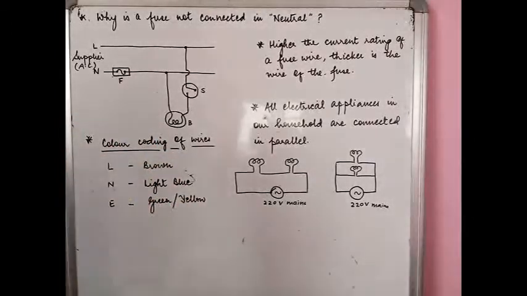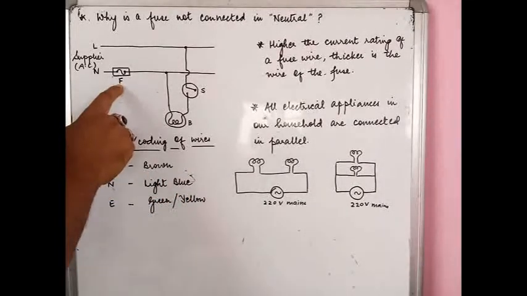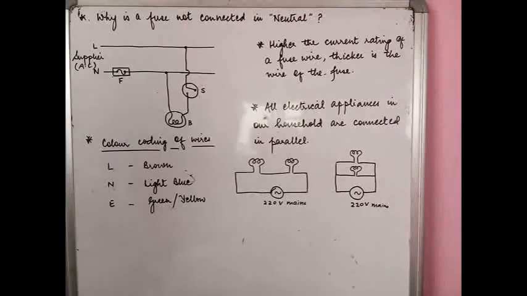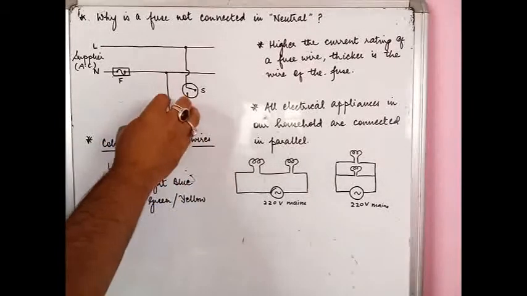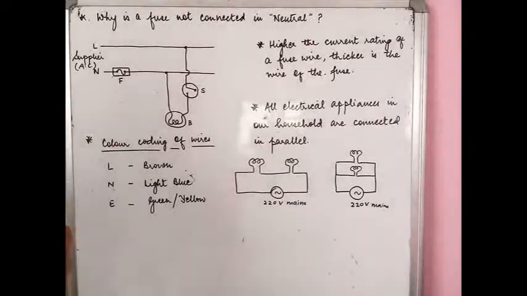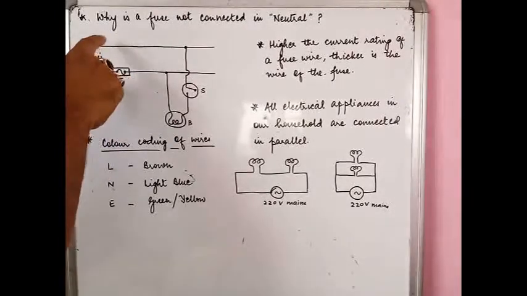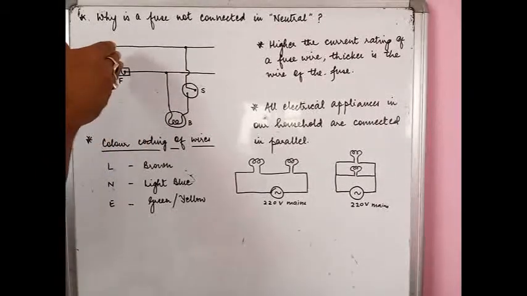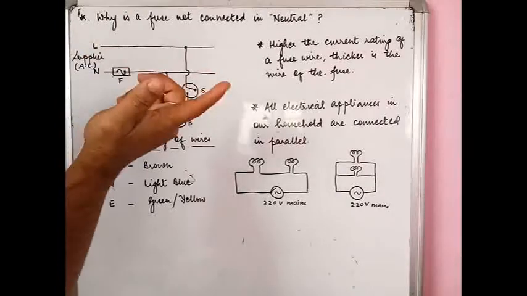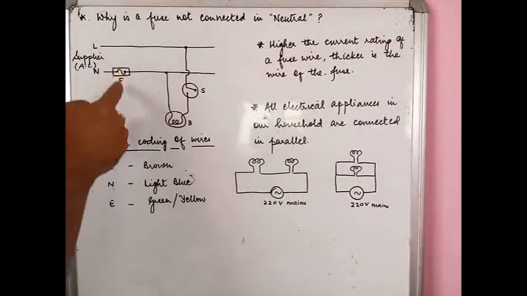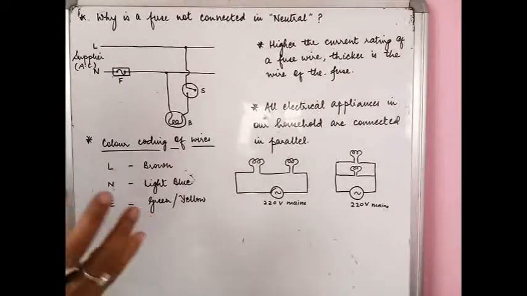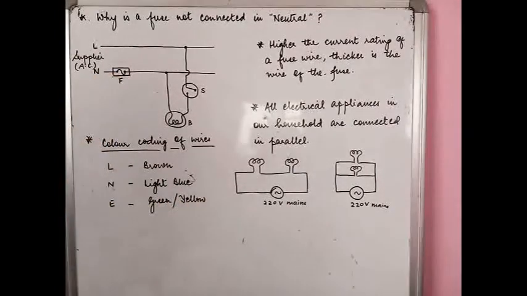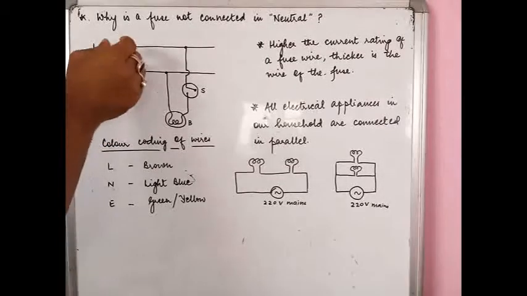Everywhere the purpose of the fuse will be the same. Now if we connect the fuse here in the neutral wire, it will still save the bulb, or any electrical appliance that is there, from getting burnt, because the moment a high amount of current flows in the system, the fuse wire gets melted. As I told you in the previous lecture, it melts and therefore disconnects the circuit, thereby saving the appliance. So why should it not be in the neutral wire? Why should it always be in the live wire?